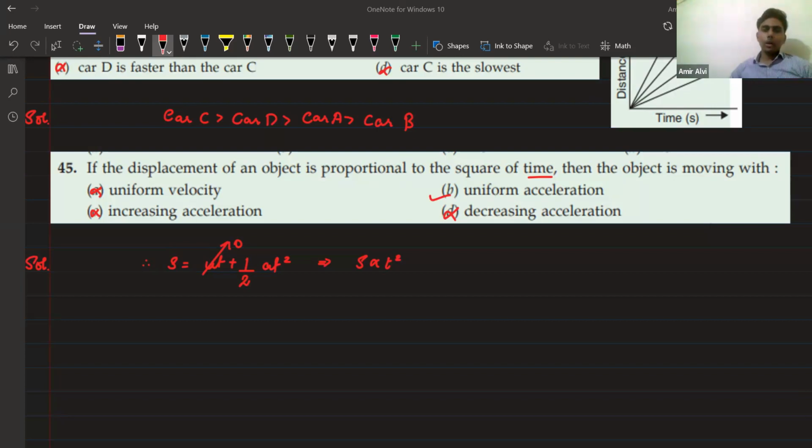After this class, go and check out the assessment of acceleration, because I forgot to mark it as completed. So you have to go and check out the acceleration assessment. In the next class we will be doing the velocity-time graph. That is a very important graph as well, because in that